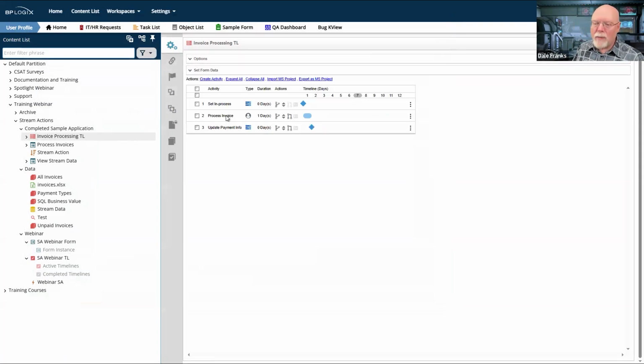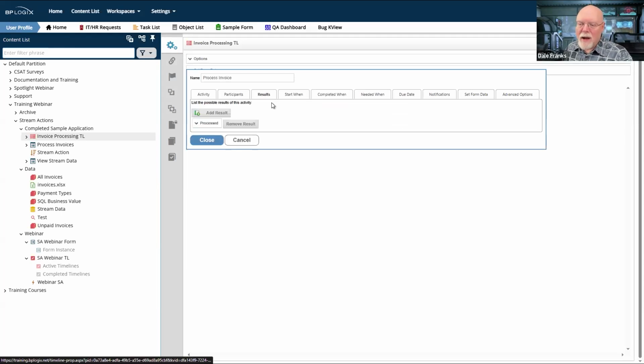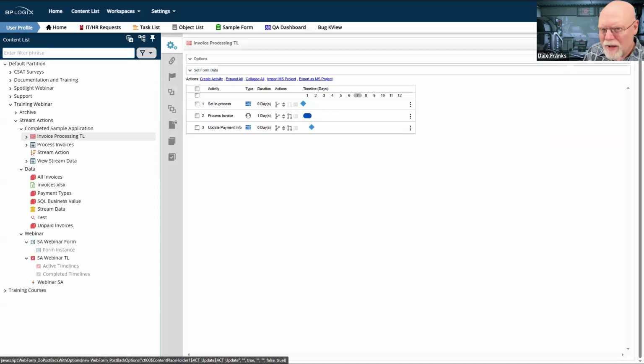Second thing I need to do is have a human do a thing that says, hey, this invoice has been paid. What they need to do is select the payment type and the payment date, although as we saw earlier, the payment date just defaults to today. So unless the payment date is different than today, they don't need to make a change to that. They just need to pick the payment type, which we're going to assume, by setting those two fields, processes the invoice and records all of our appropriate data. So they only have one result, processed. I've opened it up, I've set my stuff, and I've processed it. Obviously, in the real world, you might have other things that you want to do.